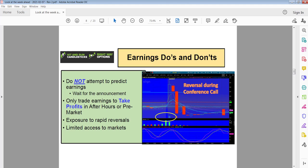So, earnings do's and don'ts we talked about. Do not try to predict earnings. Wait for the announcement. Only trade earnings in the after hours or pre-market to take profits. Exposure to rapid reversal and limited access to markets is the reason why I don't do that. And you can see right in here,